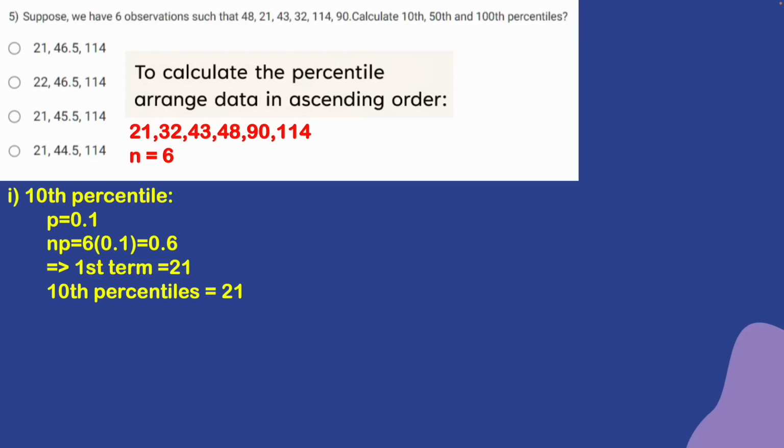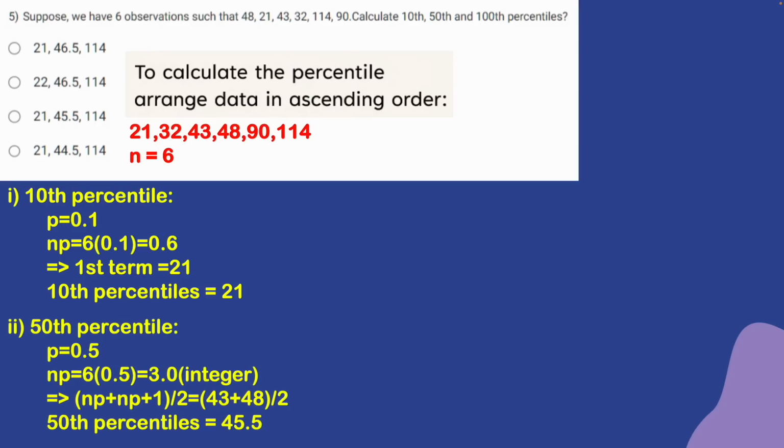So the 10th percentile: np equals 6 into 10 by 100, which is 6 into 0.1, which is 0.6, and this represents the first term, which is 21, so the 10th percentile is 21. Next is the 50th percentile, and over here p will be 0.5, and np equals 6 into 0.5, because 6 is the total number of observations, times 50 by 100, so 0.5, which is giving us 3, and this